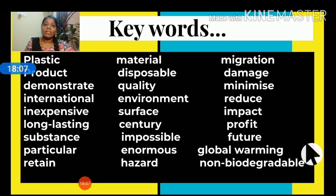So here we come to the end of the lesson. I have read all the lesson, and these are the keywords which you have to learn from the lesson with the spellings. Okay, plastic, product, demonstrate, international, inexpensive, long lasting, substance, particular, retain, material, disposable, quality, environment, surface, century,